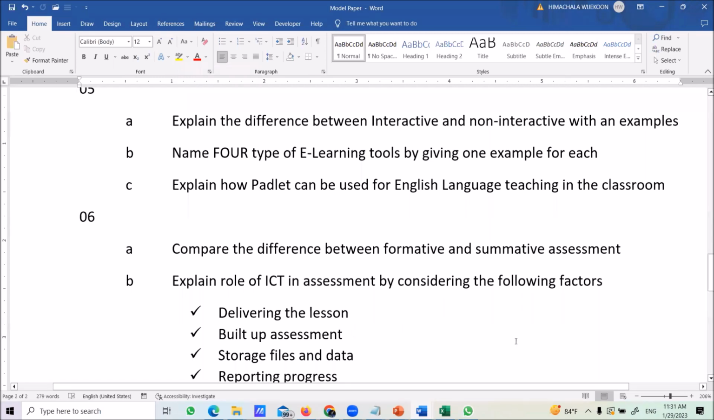Okay, here, the session will end now. Then you can